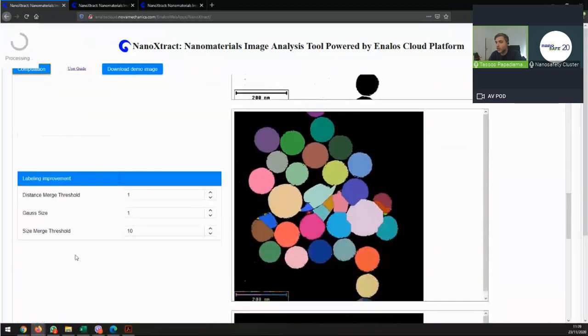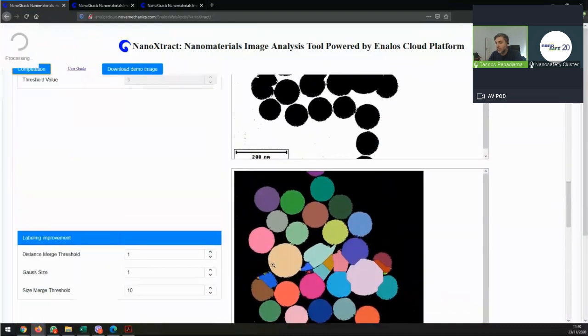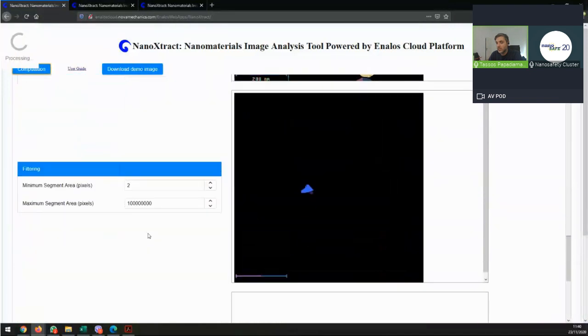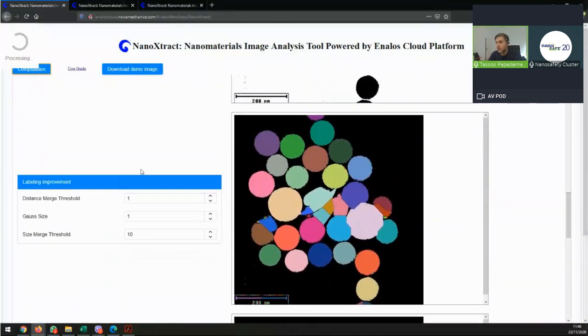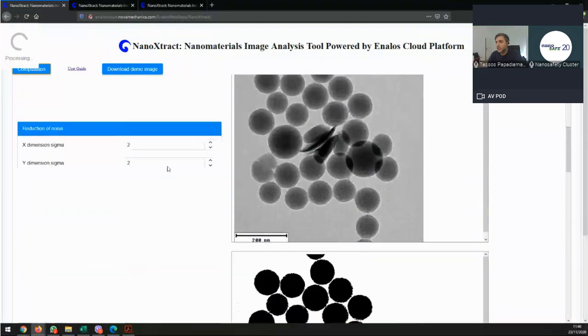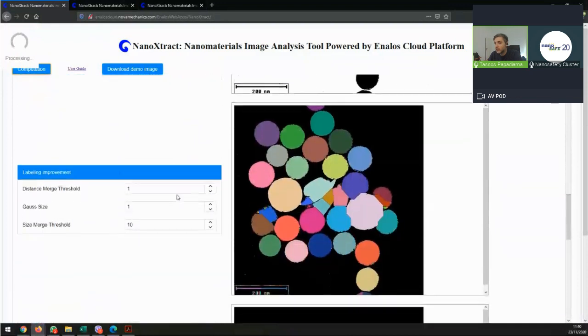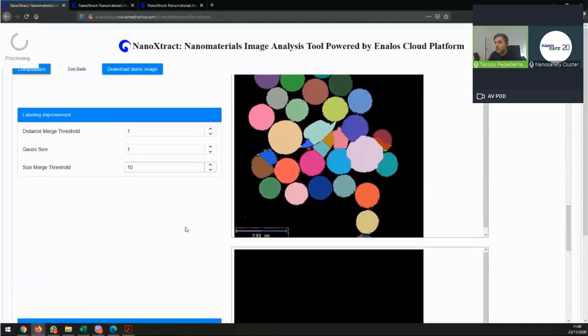Because as you can see, we got a decent separation here in terms of nanomaterials. And you can see here that this part with the nanomaterials, which I still don't understand how they managed to stay like that, are more or less identified here. So we would probably be able to remove them.